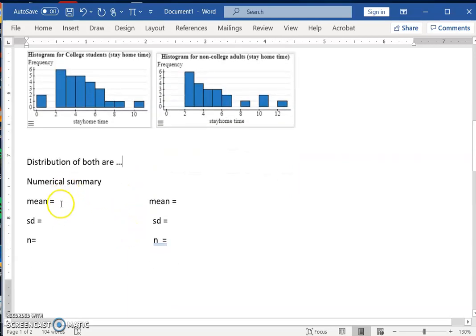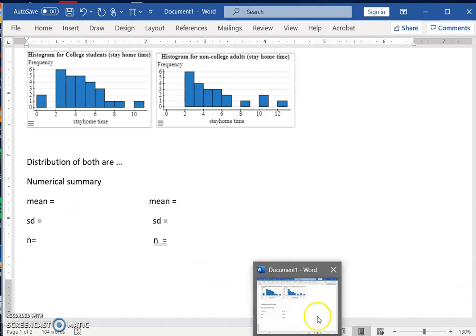And then the next summary I want to do is the numerical summary, which is what is the mean, the median, standard deviation, sample size, all those. These would be useful when you do a hypothesis test, in case you want to use the summary statistics to do hypothesis tests. So I go back to my StatCrunch,